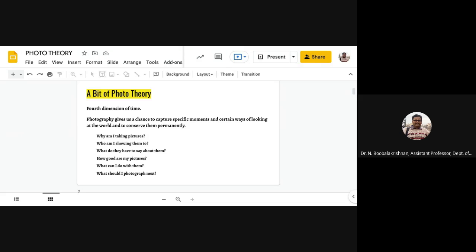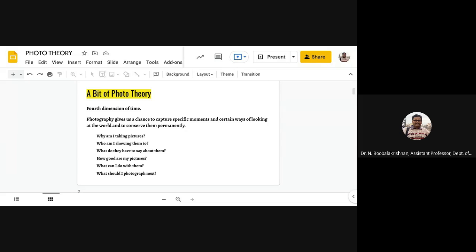So the fourth dimension of time, photography gives you the feel of reality, to record the moments and conserve them permanently, which will definitely make people understand that it is real.